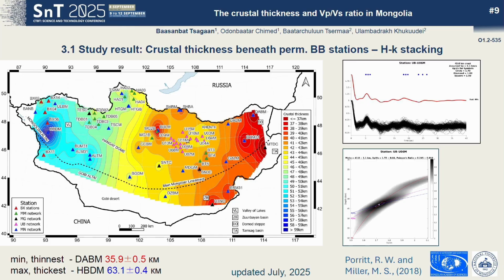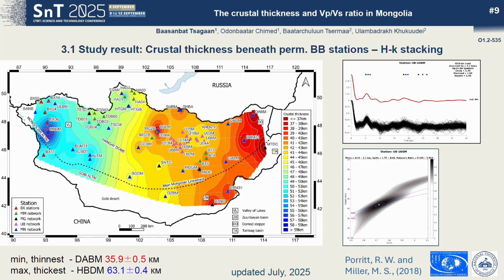The thinnest crust was measured beneath station DABM in eastern Mongolia, at 36 kilometers. We determined that the average crustal thickness beneath central Mongolia is 43 to 44 kilometers.